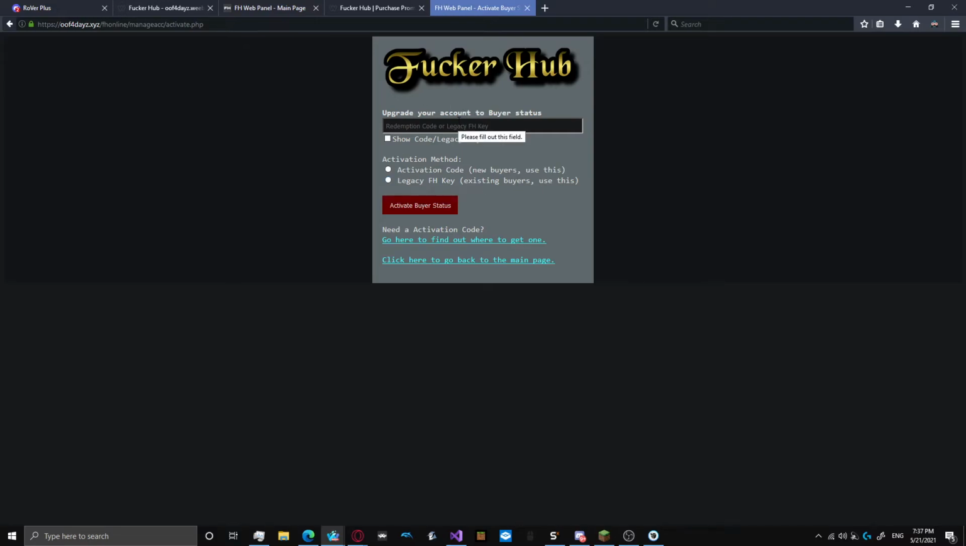It will invalidate your key in the old database and transfer it to this database. If you are a new buyer, you will use the activation code method. Since I have an activation code that I'm going to be using for this video, I'm going to click on activation code. If you are an old buyer, you will click on legacy FH key and paste your old key into this box. So the code I will be using, I'm actually going to hide it